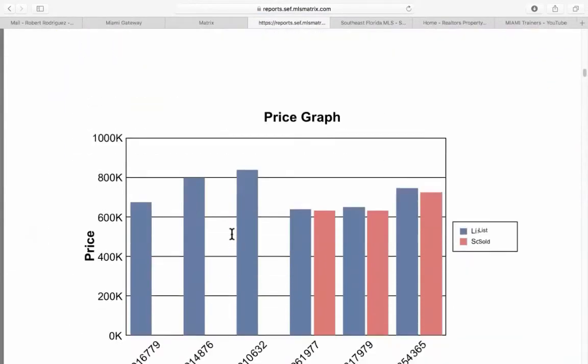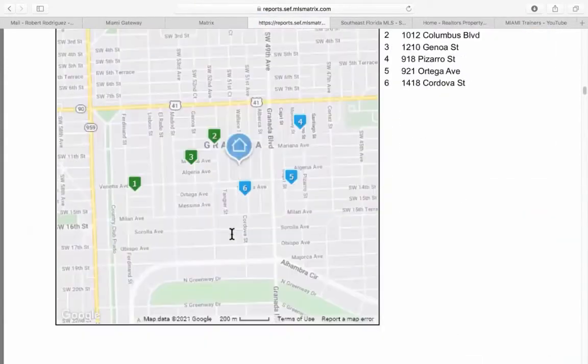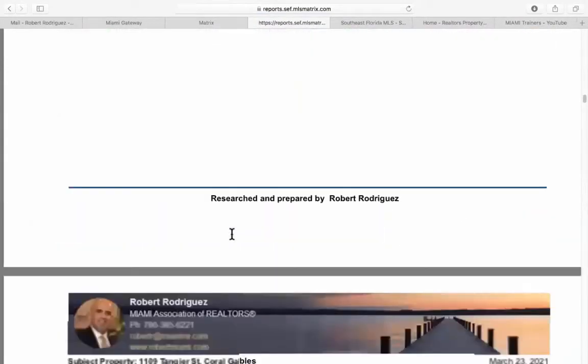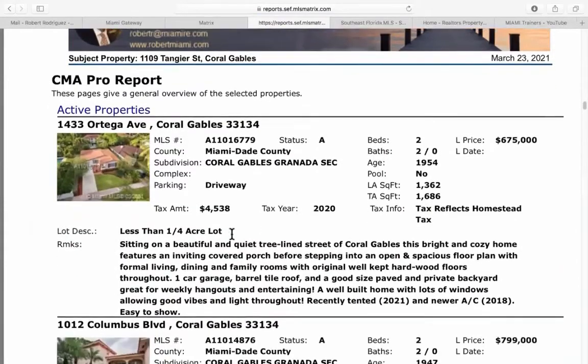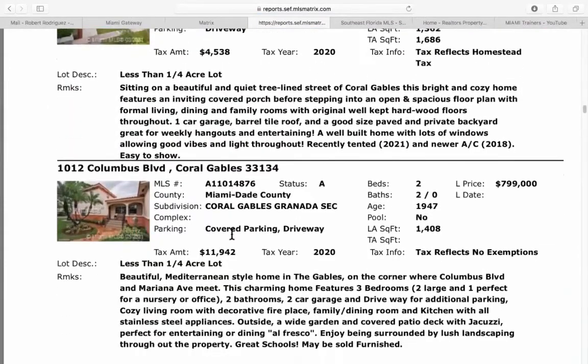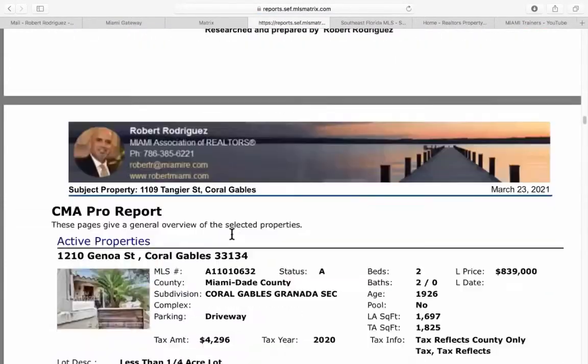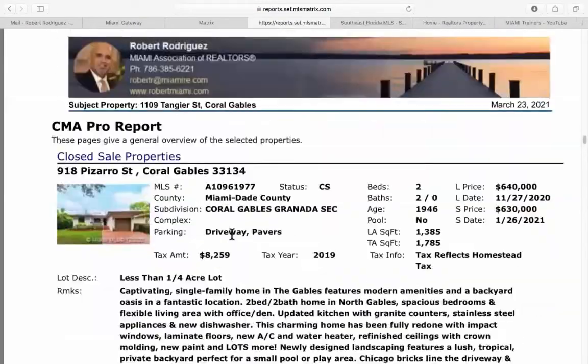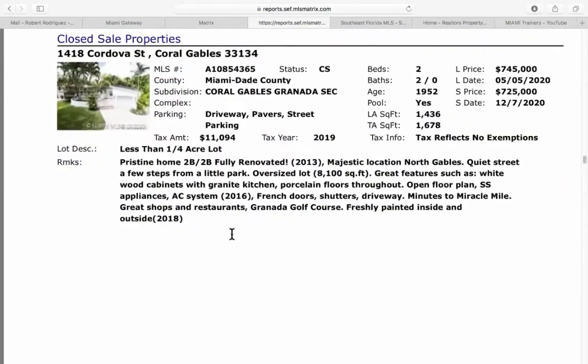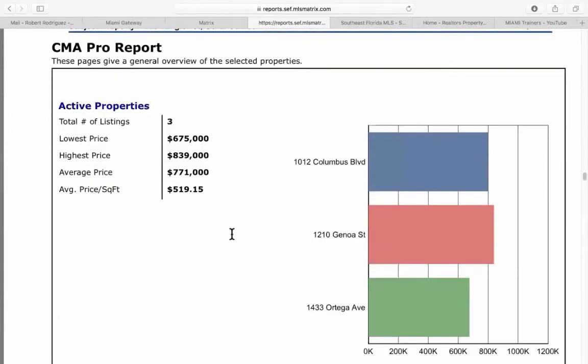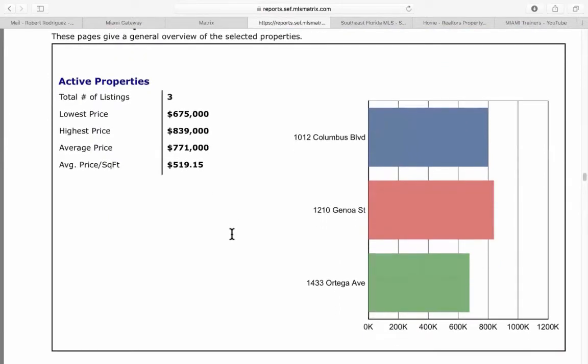List price and sales price chart. You have your map. Now you have your professional report in detail explaining each property you chose as a comparable. Now we have another graph here showing you different colors for each property, and the lowest price comes in at 675. The highest listed price comes in at 839, with the average list price coming in at